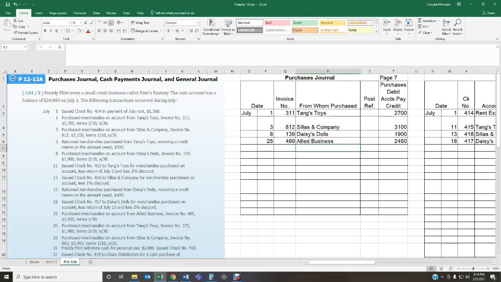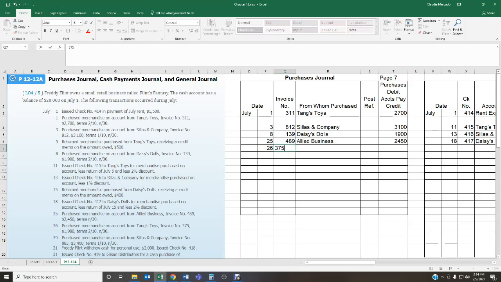On the 26th, you purchased merchandise on account from Tank's Toys, invoice number 375 for $1,980, terms 2/10, net 30. So we purchased more merchandise on account, but this one does offer a discount of 2% if paid within 10 days. Okay, so on the 26th, okay, we've got